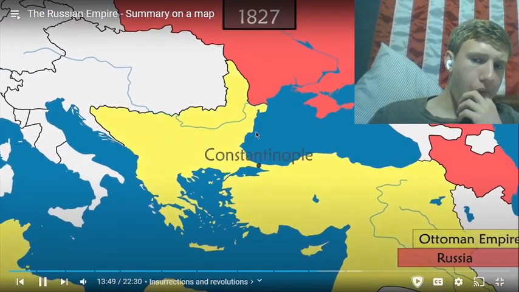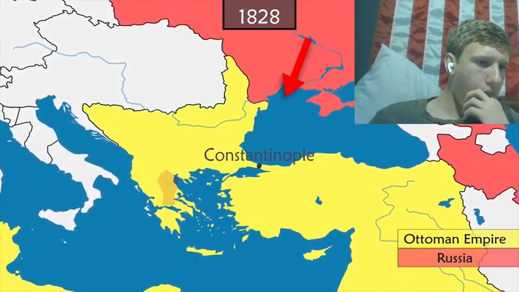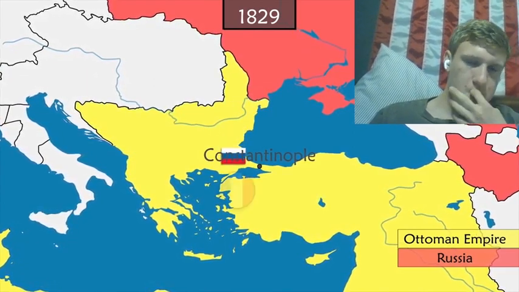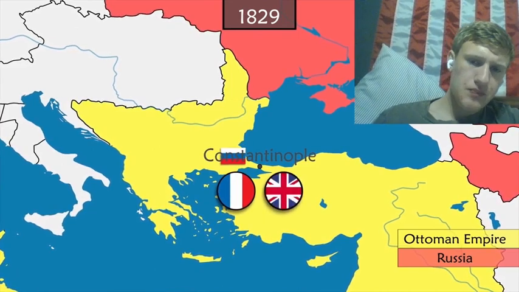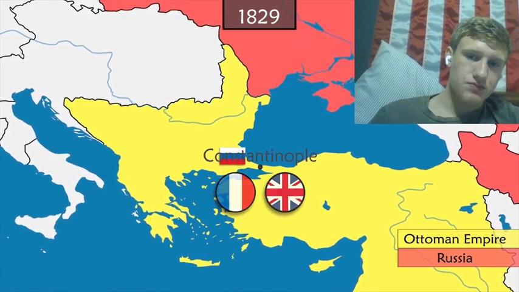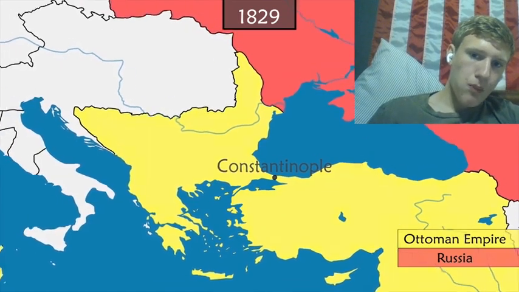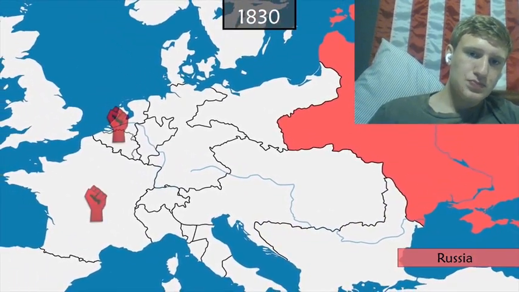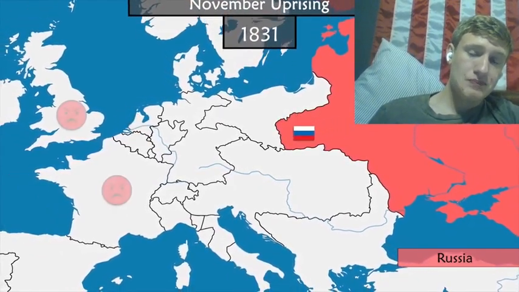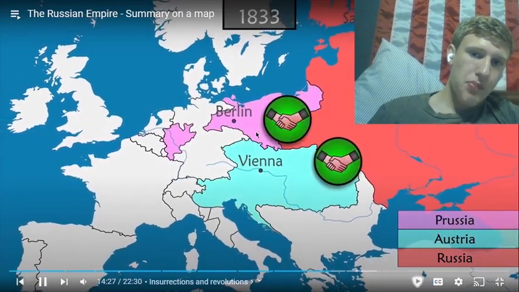In the Balkans, the Ottoman Empire is undermined by the Greek insurrection. Russia takes advantage of this and provokes a war. The Russian army is getting dangerously close to Constantinople, but Nicholas I knows that France, and especially the United Kingdom, are not happy with the rise of Russian power and would not let the capital be taken. After the signing of a peace treaty, Russia consolidates its presence on the Black Sea. In 1830, several revolutions break out in Europe, including in Poland, where the Russian army intervenes violently, provoking discontent in the continent. The emperor then strengthens his alliances with